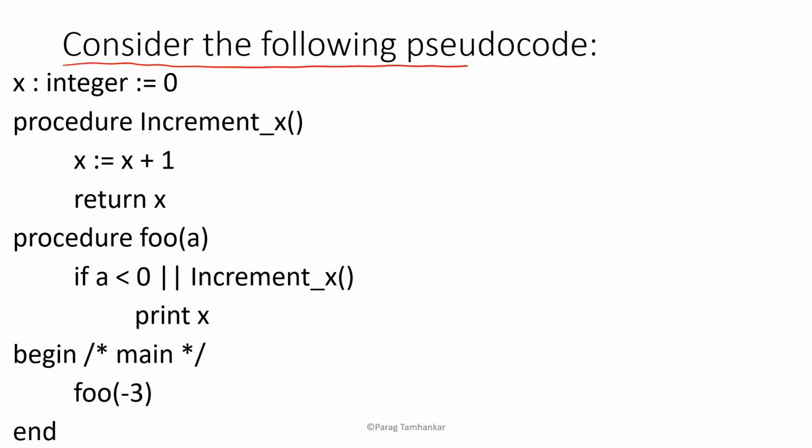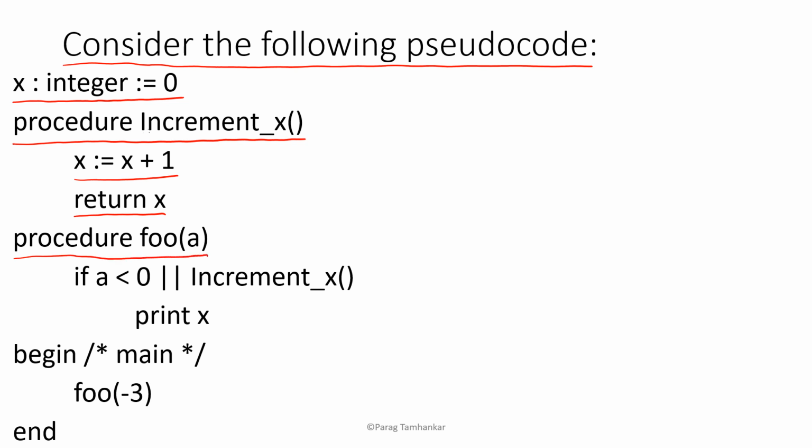Consider the following pseudocode. We are given an integer variable x with initial value 0. We have procedure increment x which increments the value of x by 1 and then returns the value of x to the caller. We have procedure foo which takes one argument a,